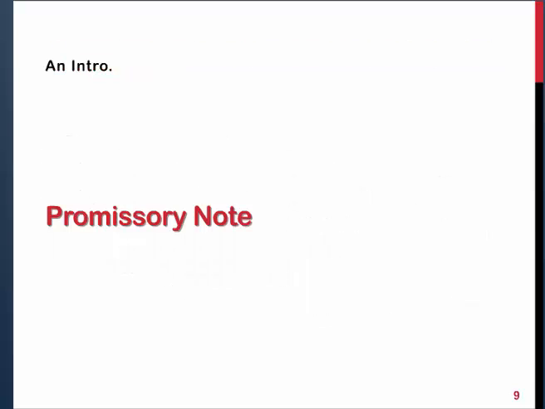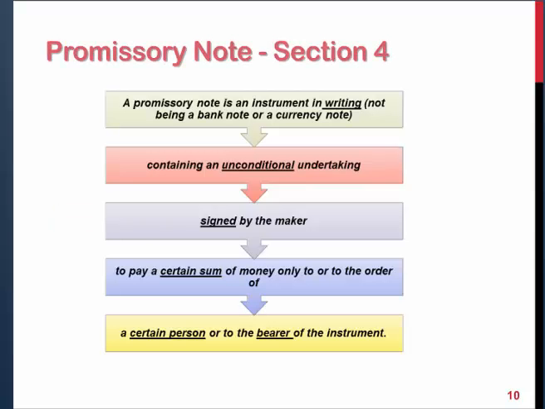As per Section 13 of the Negotiable Instruments Act 1881, there are three types of negotiable instruments: promissory notes, bills of exchange, and cheques. Let's discuss each type of negotiable instrument. Promissory note. In layman's language, it is a note containing a promise. As per Section 4 of the Negotiable Instruments Act, a promissory note is an instrument in writing, note being a banknote or a currency note,